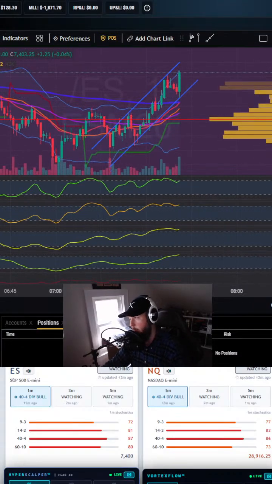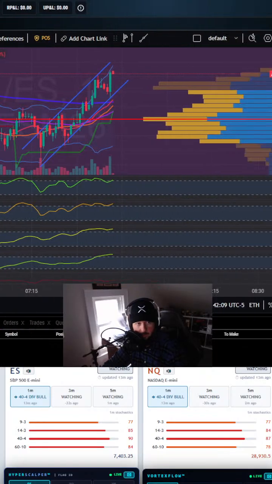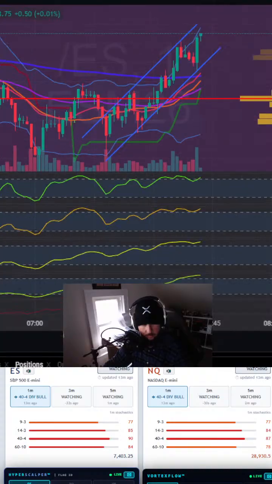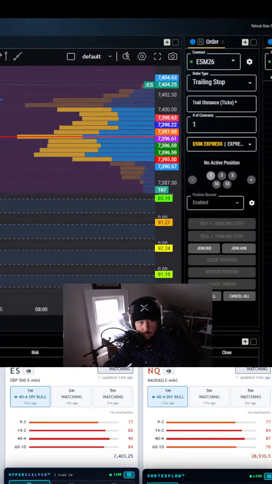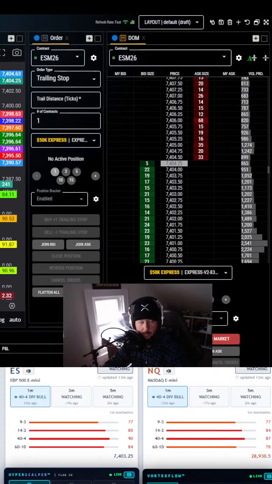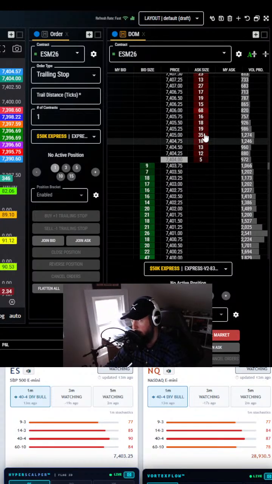So we got big buys coming in. And over here on our mobile, you can't really see it. On my full stream, you kind of can. So on the right here, we have the DOM, and that's just like an order flow indicator. On the mobile, I'll stretch it out a bit so you guys can see. So there we go. So here it shows the orders that are currently placed in the market at the different